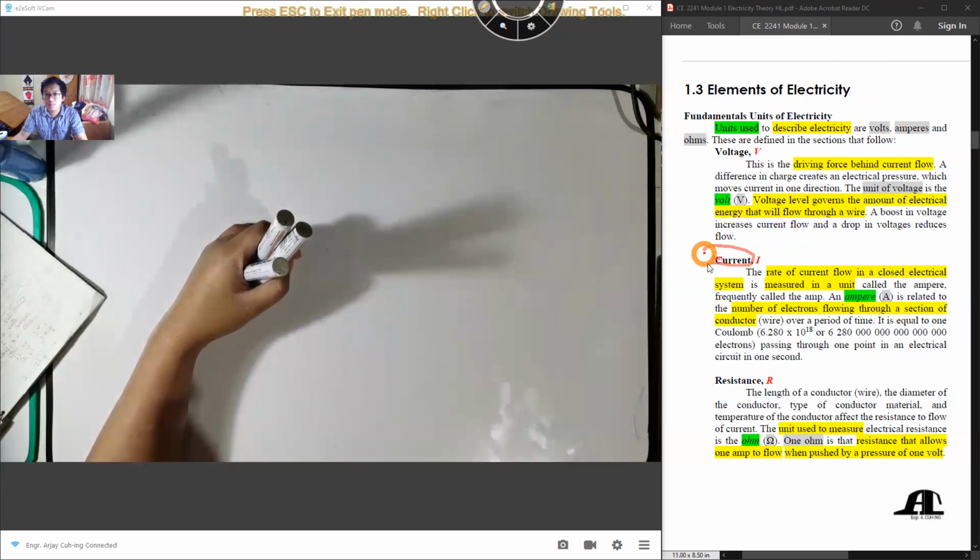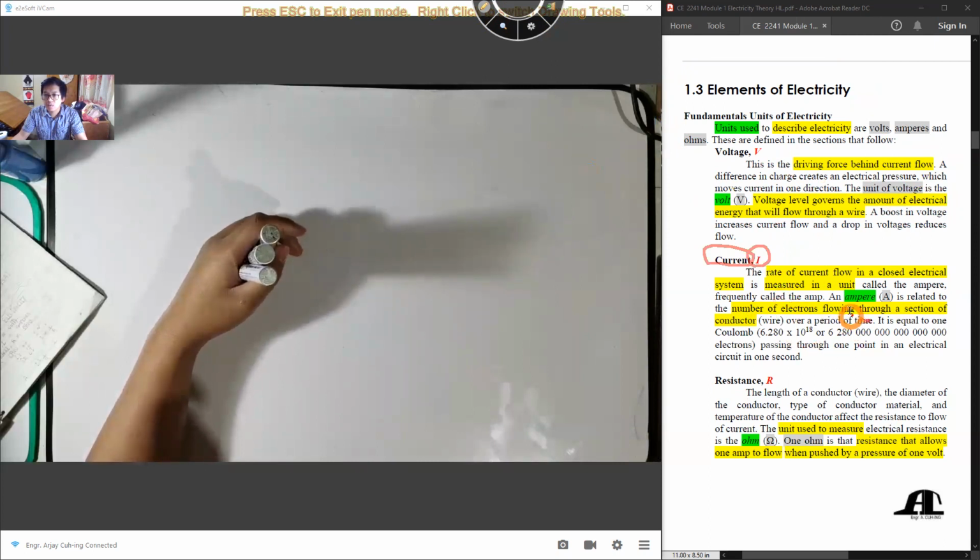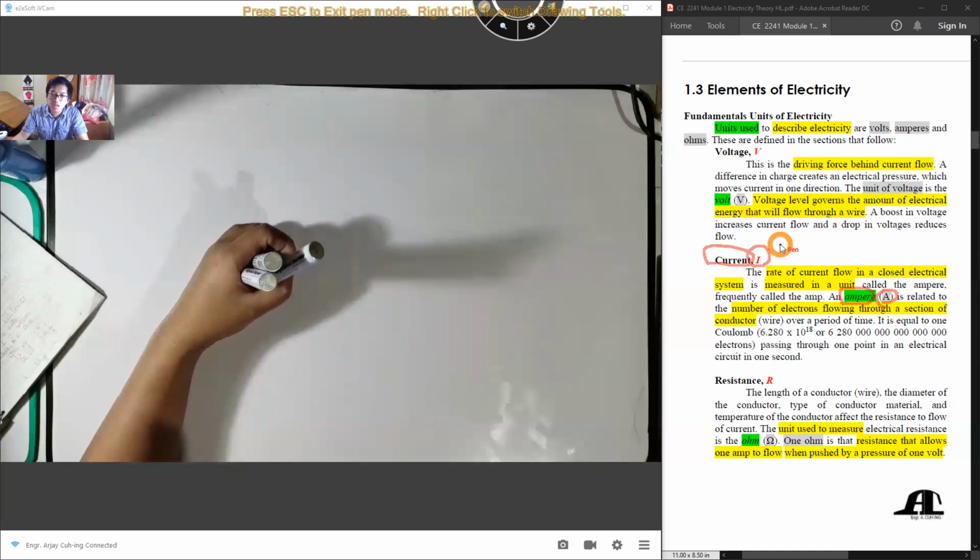Okay, so next up class is current. So current class, a representation or notation natin ng current class is letter I. Okay, ang unit class ng current is amperes. Okay, representation of the ampere class is big letter A. So the formal definition natin class ng current is